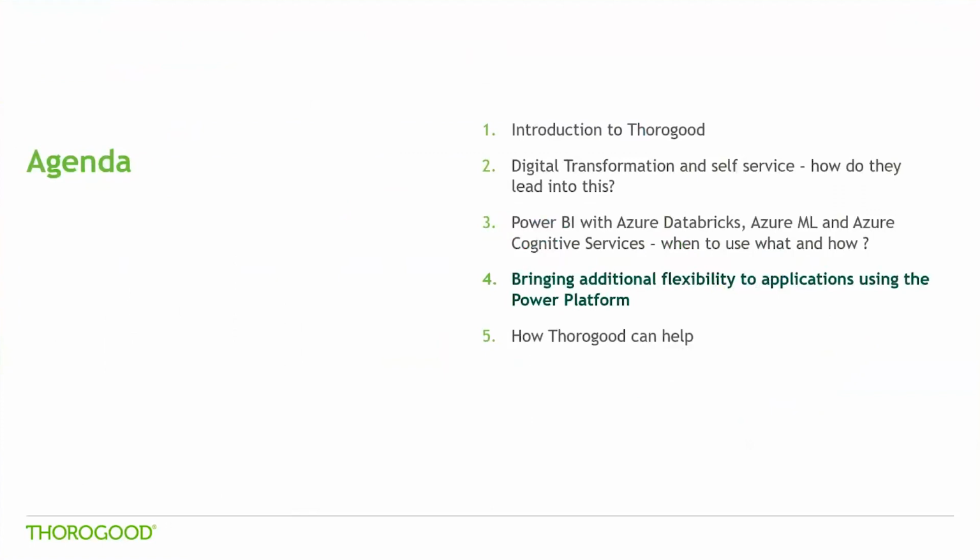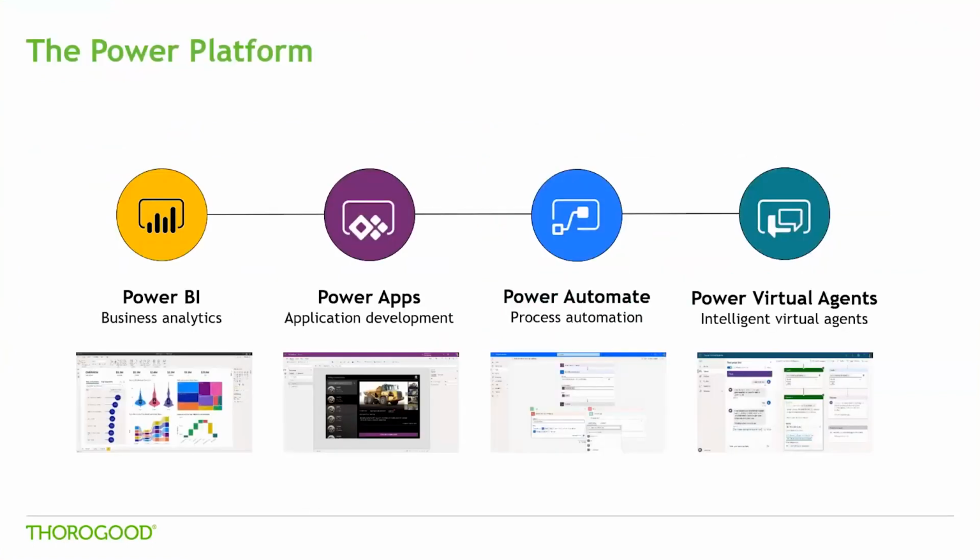In this section, we will talk about Microsoft's Power Platform and the flexibility it offers to set up tools to work with each other. So what is Microsoft Power Platform? This platform is Microsoft's no-code or low-code family of tools for modern application development. There are 4 key components to this platform. Power BI is part of this platform along with Power Automate, Power Apps, and Power Virtual Agents. Power Automate is a workflow automation platform which can connect to a variety of sources and trigger a sequence of actions for business processes. Power Apps, on the other hand, provides a web-based platform to develop low-code applications.